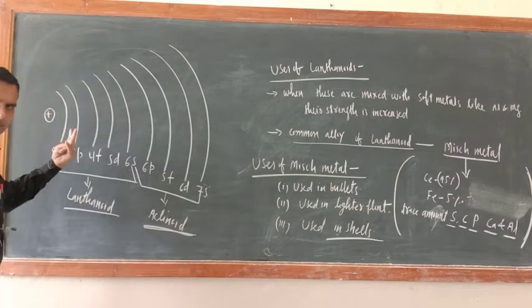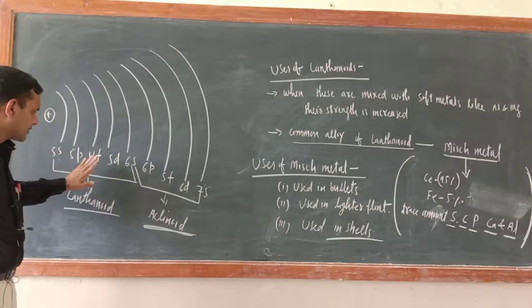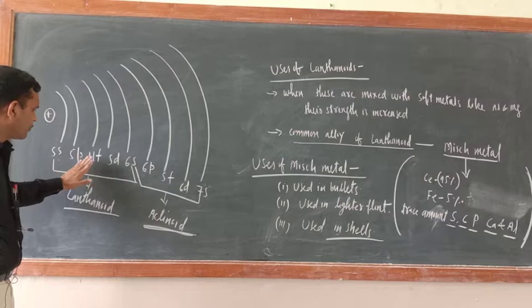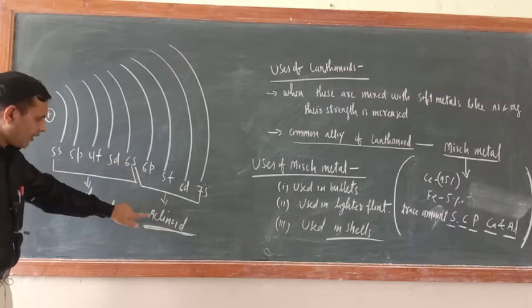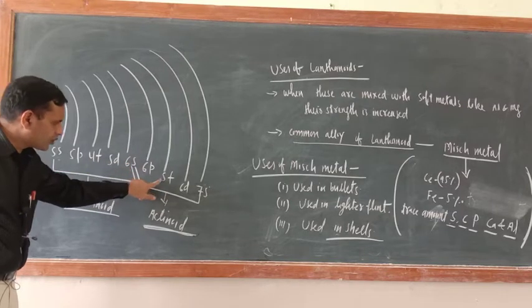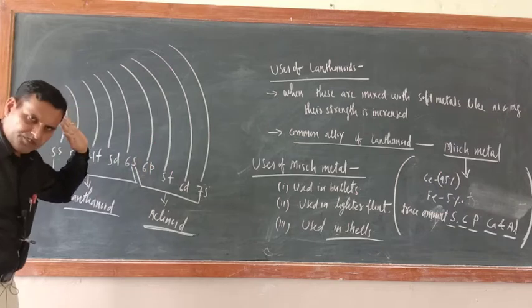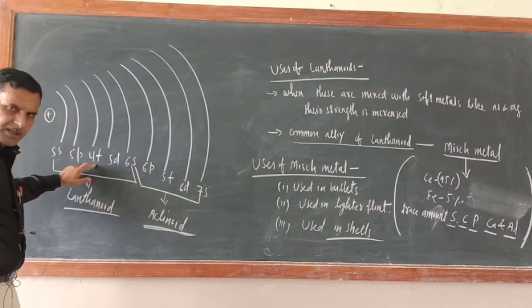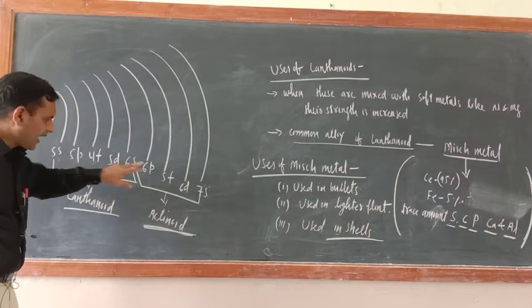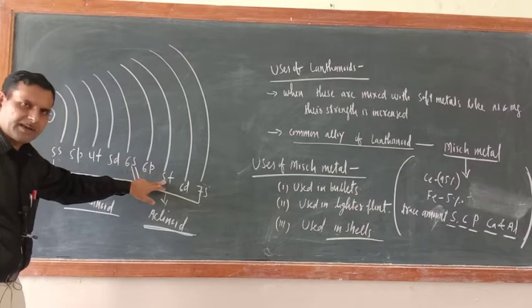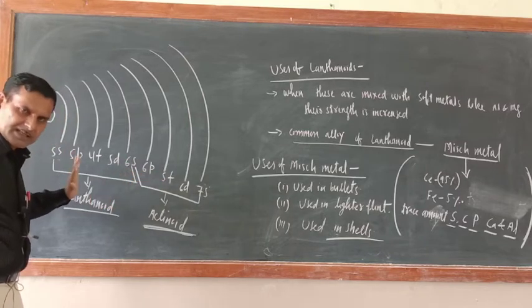Okay, so this is one conclusion. Here also 5 subshells: 1, 2, 3, 4, 5. In the case of actinides also 1, 2, 3, 4, 5. So in the lanthanides, what is there? The 4f series, and the actinides are the 5f series. Okay, is the clarity there or not?